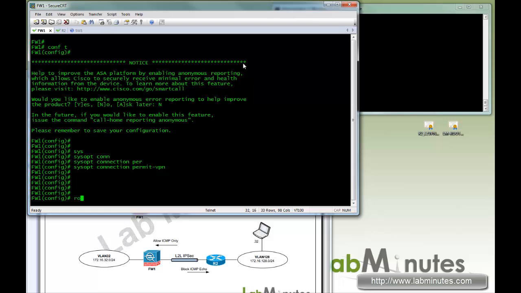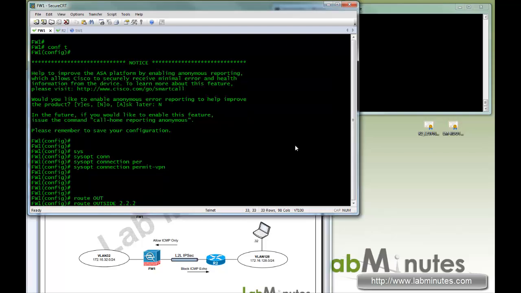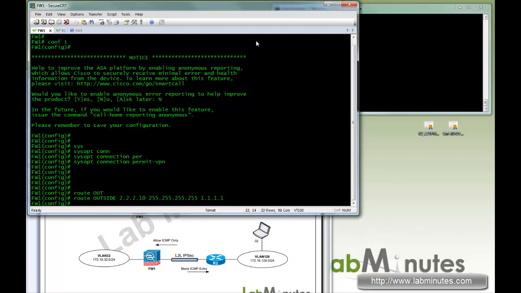Okay, next we want to make sure there's a route from the firewall to a router. So I'm going to do route outside, and the router R2 has an IP address of 2.2.2.10. I'm going to do a host route with the next hop of 1.1.1.1. Okay, and then we'll ping 2.2.2.10,